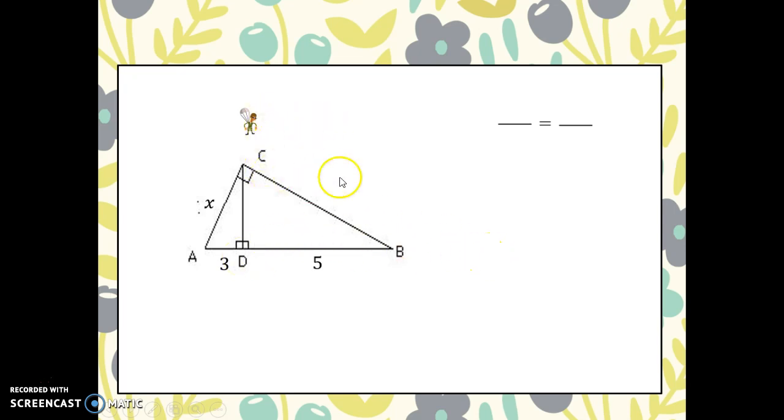So remember, Pete can travel down AC, and the path he travels is the geometric mean that goes in the means of our proportion. So he traveled down x from the right angle, and that one goes in our proportion. Now he can either go to D, which would be 3, the close city, or he can go to the far city